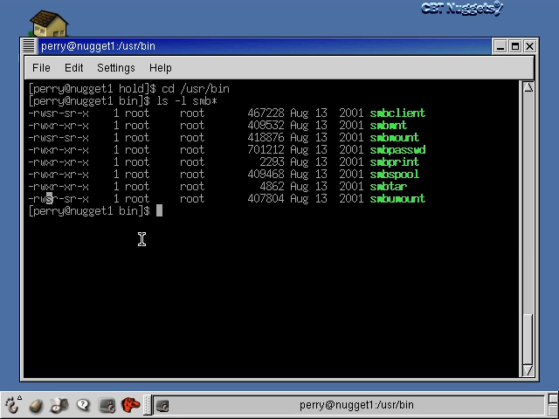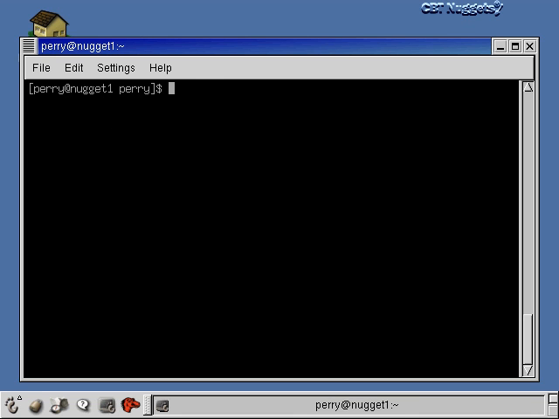Okay, so if you're having trouble running these commands as a normal user, make sure that you get the root user, if that's you or somebody else, to change these commands so that their set UID permissions are set. So our final topic is NFS, the networked file system. And this is definitely the most common way to share files between Linux computers and Linux and Unix computers and so on. Okay? Now to set some of this stuff up, you have to be the root user, so I'll